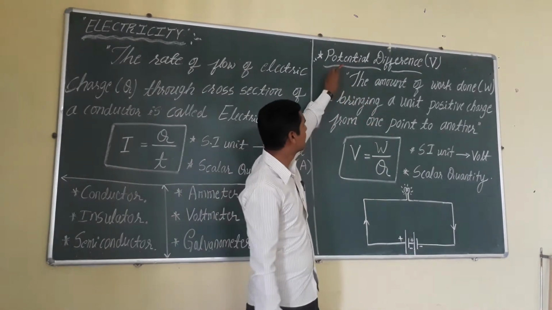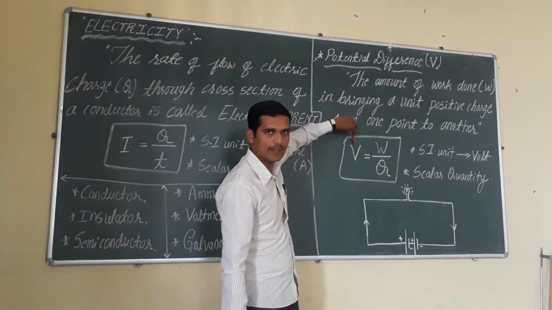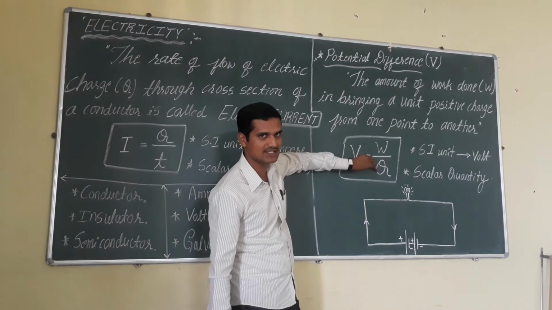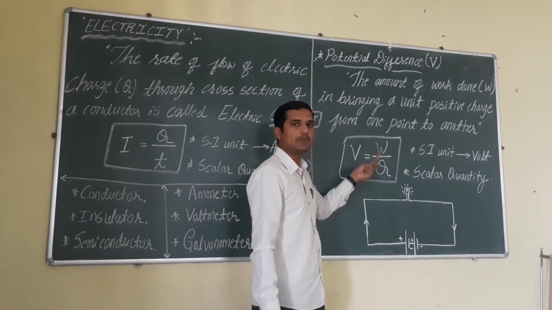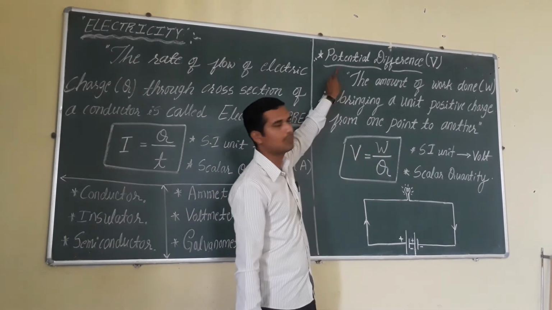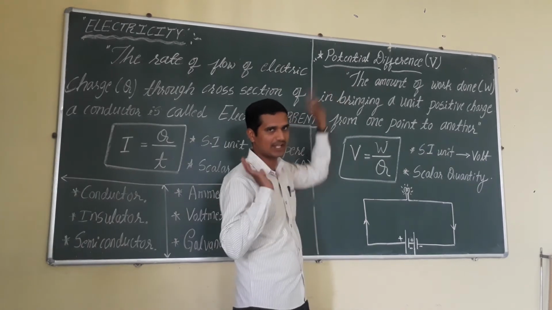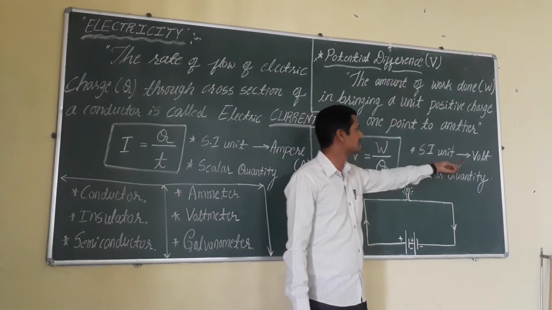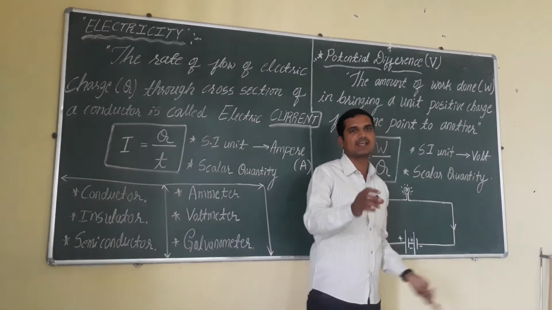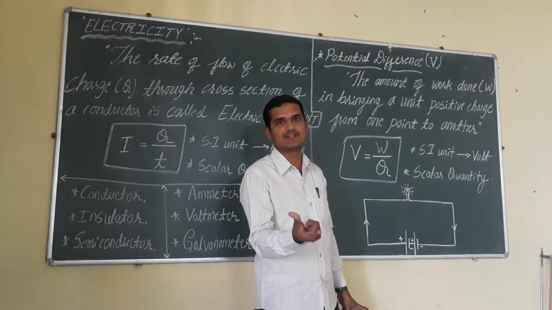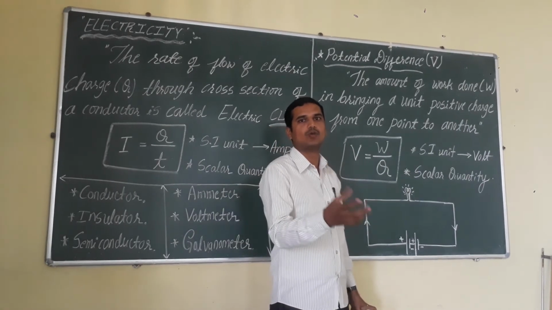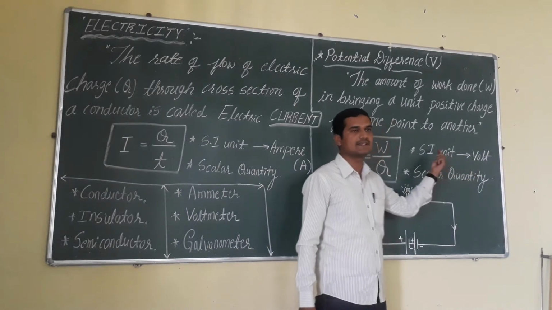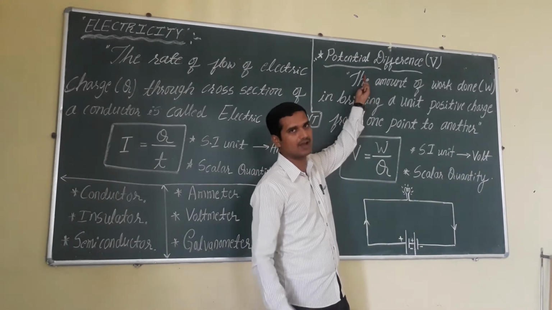You can observe here, potential difference is indicated by the letter V, and this is the ratio of work done to the electric charge. So that's why V is equal to W divided by Q. This is the formula for the potential difference or electric potential. And you know that the SI unit of this electric potential is the volt. Generally, a 3 volt cell or 6 volt cell, 12 volt cell or 12 volt battery, you have seen. So that's why the volt is used as the SI unit for the potential difference or electric potential.